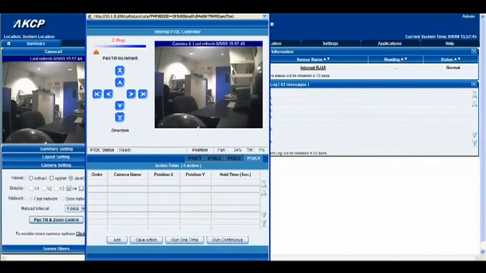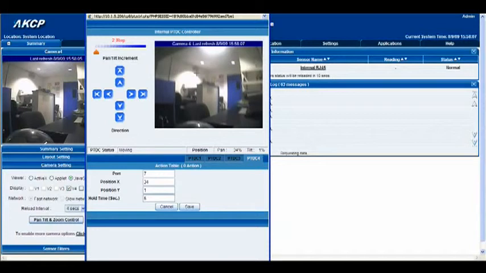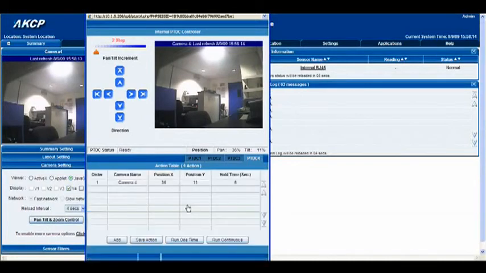Now what the action table does is it allows you to enter predetermined coordinates or a position in which you'd like the camera to focus on for any given time. Essentially what that means, as an example, we'll go ahead and we will click add. Now what we're going to do is if we click somewhere in this video window, okay, as soon as we've done that, you'll notice that all these coordinates change, and we can click save. We've now entered an action, so we will go ahead and we will save the action,